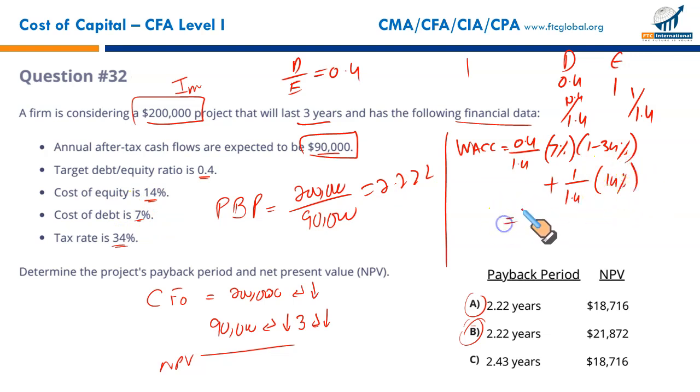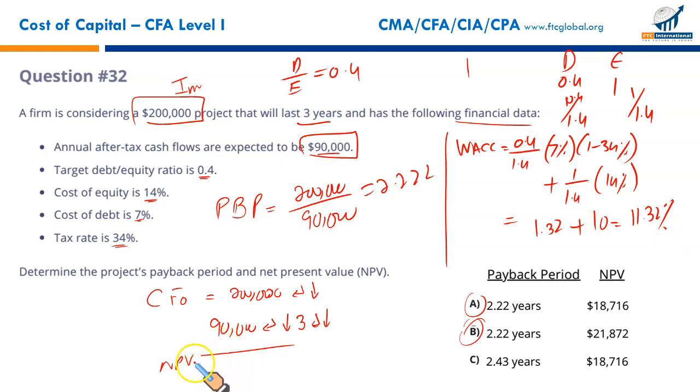Let me calculate this one. 0.4 upon 1.4 times 7% times 0.66 gives me 1.32, plus 1 upon 1.4 times 14% gives me 10. So it means your weighted average cost of capital is 11.32%, and that's what you will use for calculating your